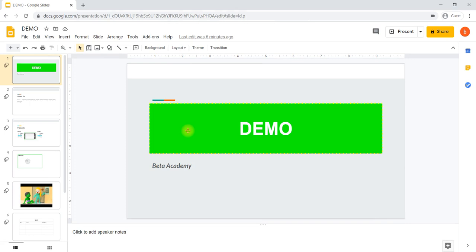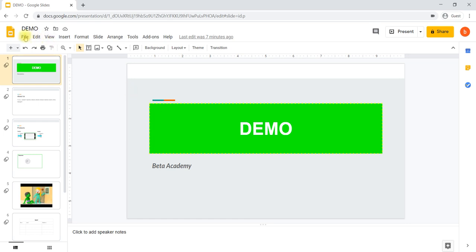The same way we use Microsoft PowerPoint, similar functionality is possible in Google Slides. And the main thing here is that everything is online. Anytime, anywhere, you can access your presentation, and internet connectivity is a must.